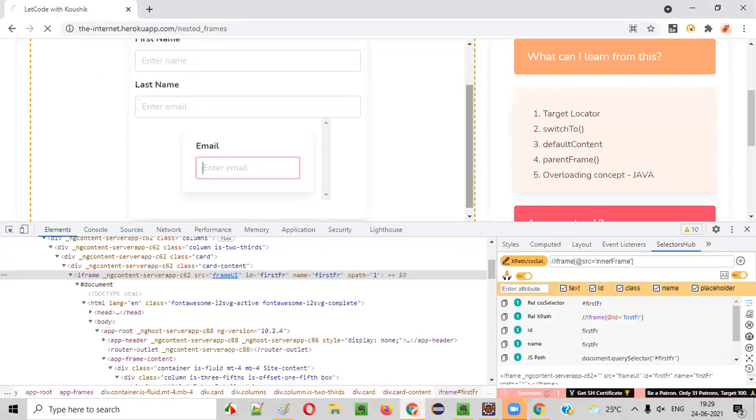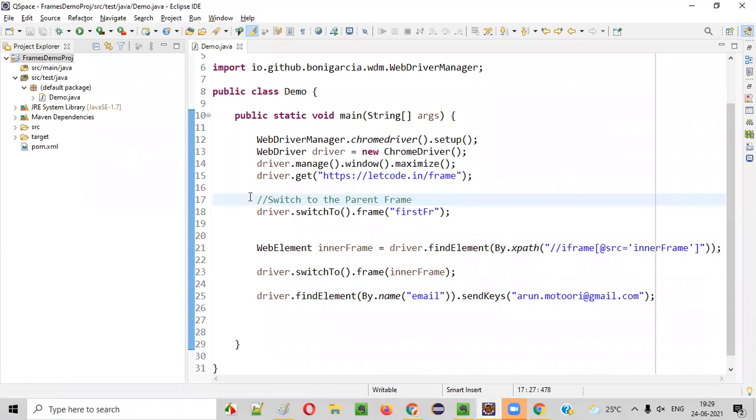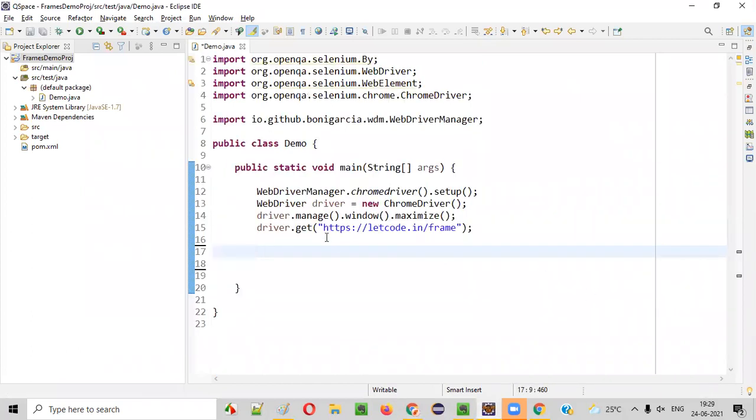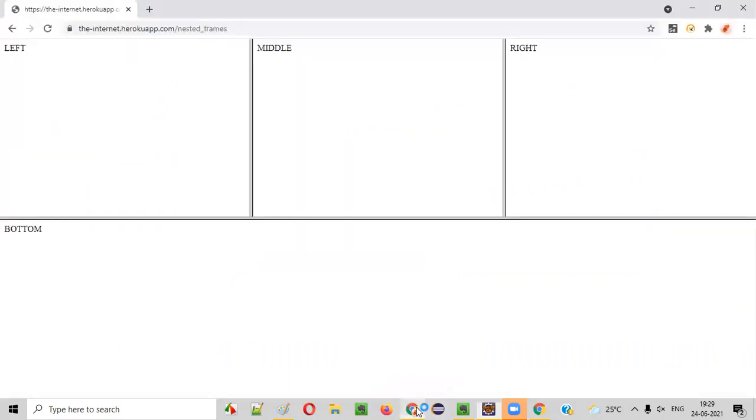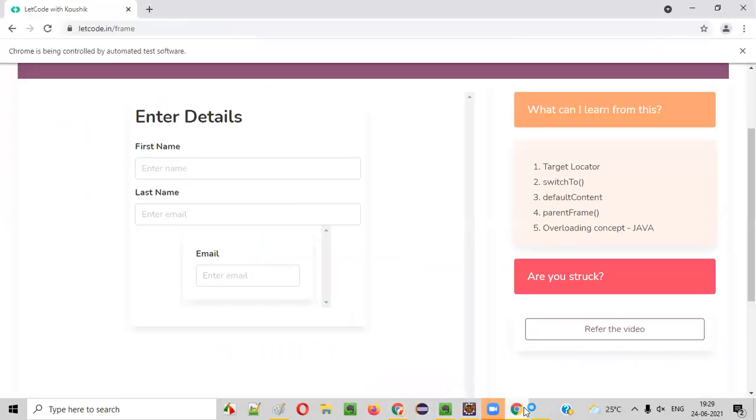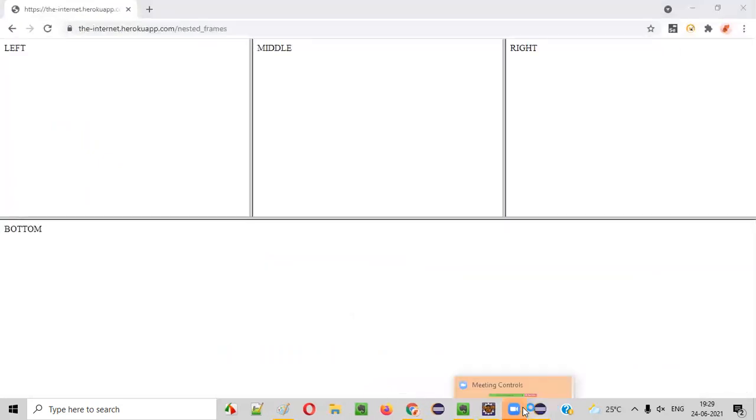Let me browse it here. And here also in the Eclipse IDE I'll remove all this code and change the URL to the new example. Control Shift O to remove the unwanted or unused import statements which were part of the previous code. Fine. So guys, after you go to this application page, give me a second. Let me close this one also. Let me clear out the unnecessary stuff.